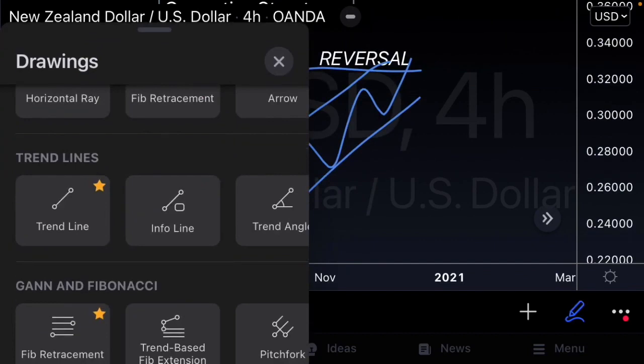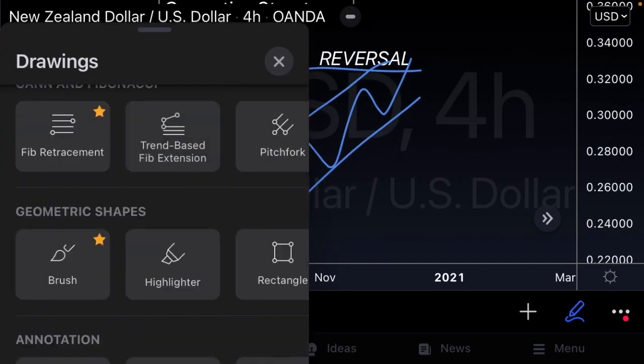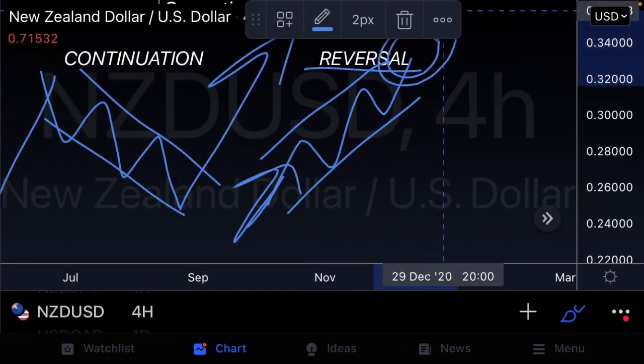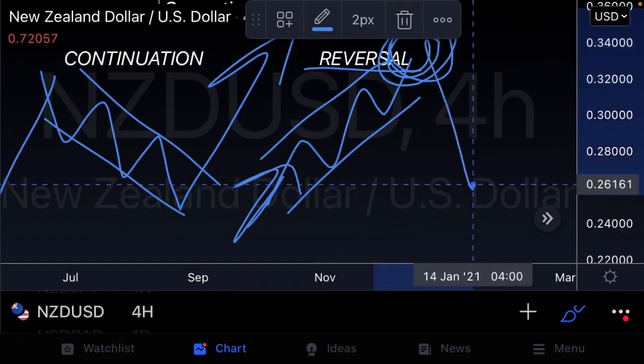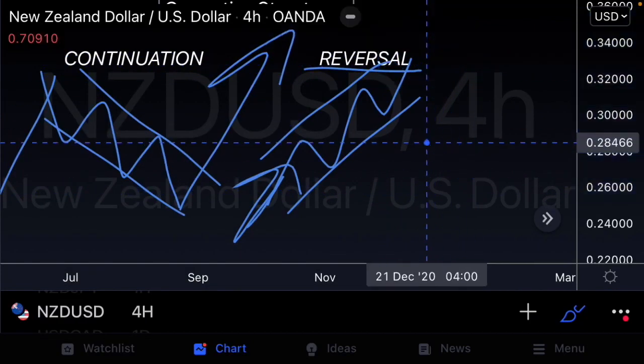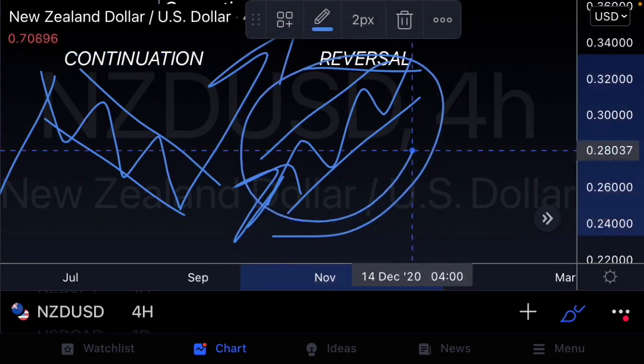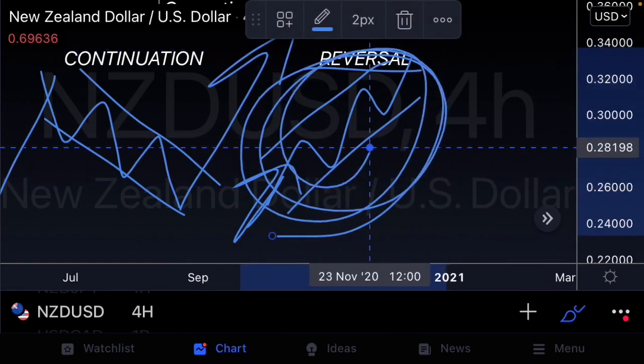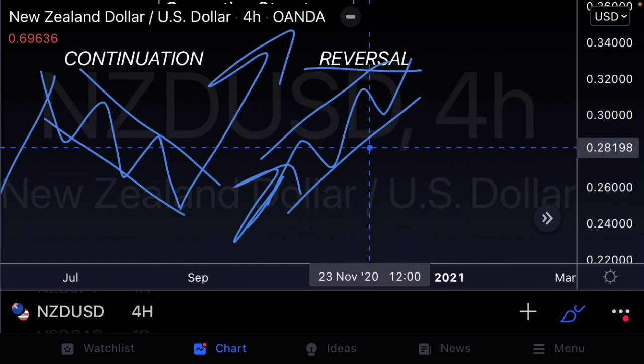They also give us a point of interest, an area where we can be looking for entries for the next momentous move to the downside or to the upside. So these corrective structures are both lagging indicators, which confirm and give us insight into the behavior of our price action, as well as leading indicators that give us an indication as to where we can enter before the